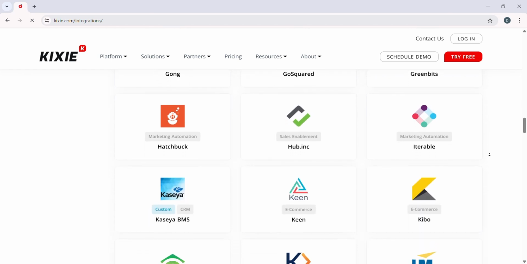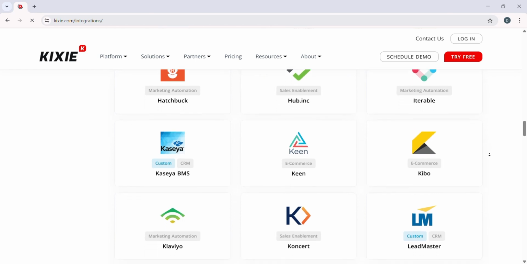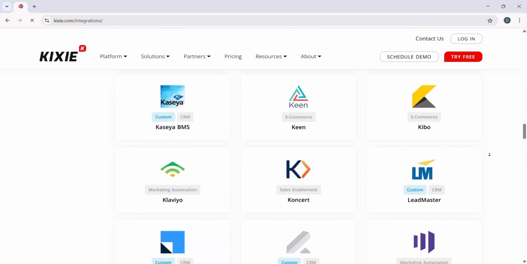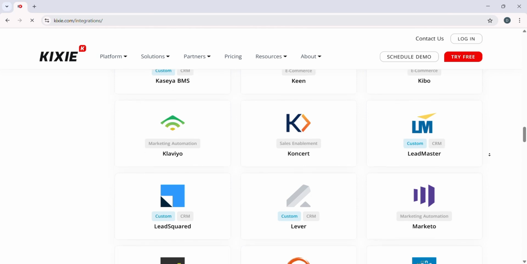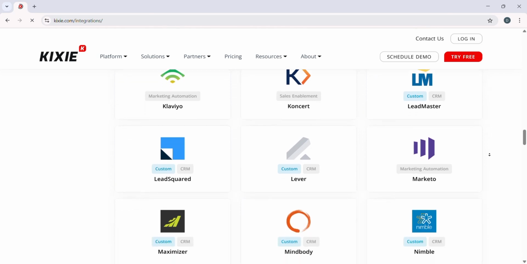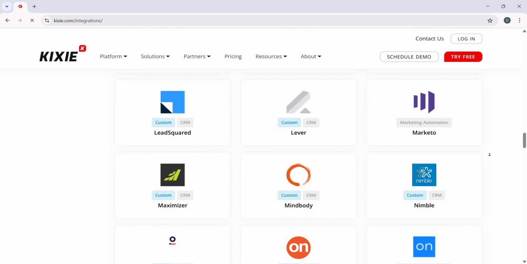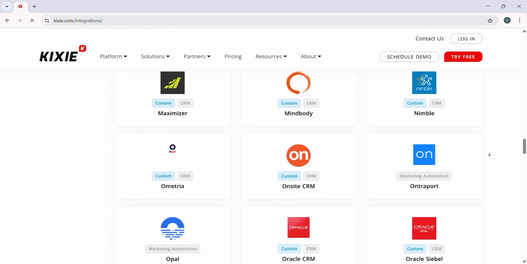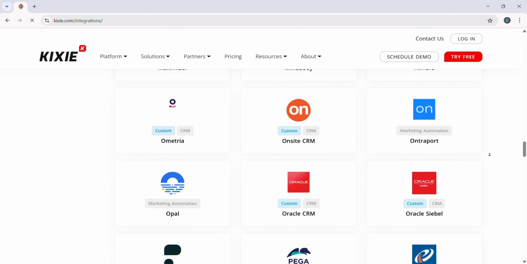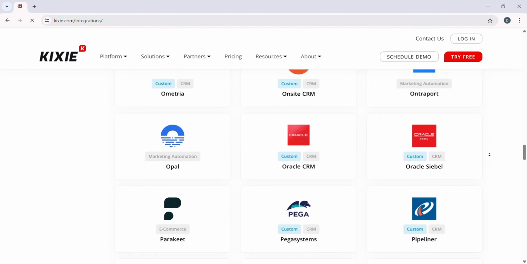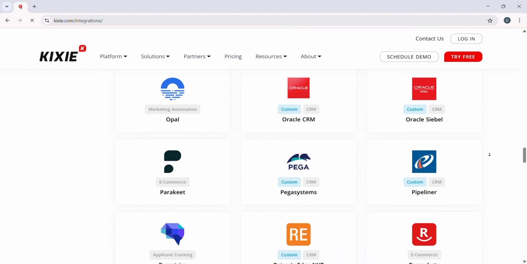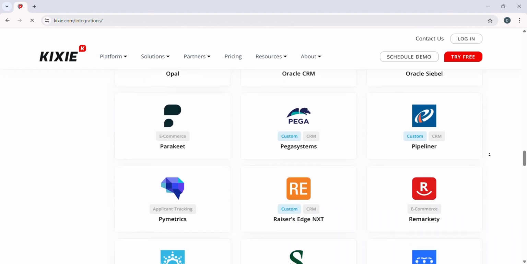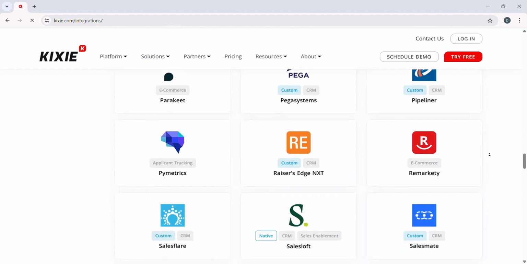The AI system in Kixie is designed to intelligently distinguish whether a call is answered by a person or goes to voicemail. This feature streamlines the calling process, saving your team valuable time. If the call is answered by voicemail, the AI automatically detects this and seamlessly drops a pre-recorded voicemail message, allowing your sales agents to move on to the next call without having to manually leave a message. This feature is particularly useful for high-volume calling, as it ensures that agents don't waste time waiting through voicemail greetings